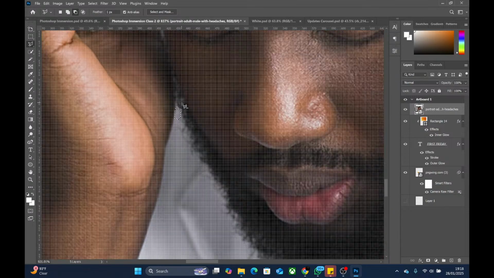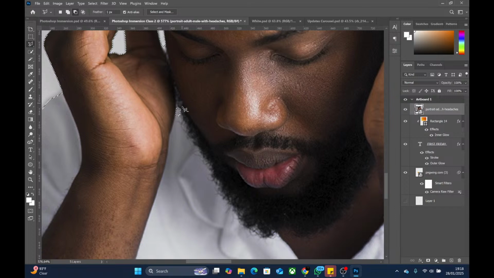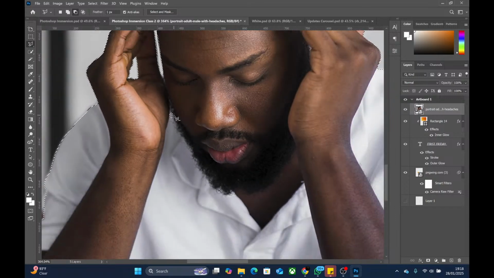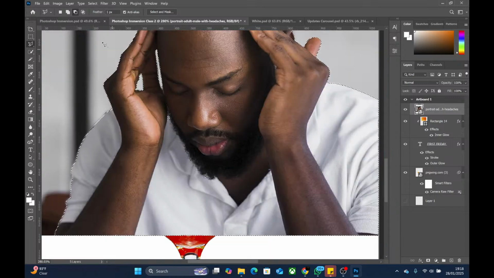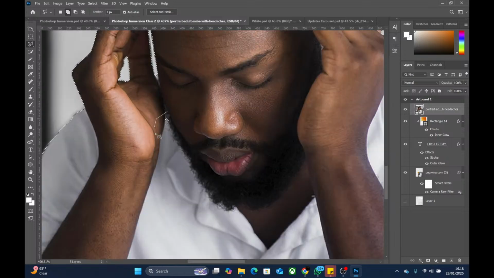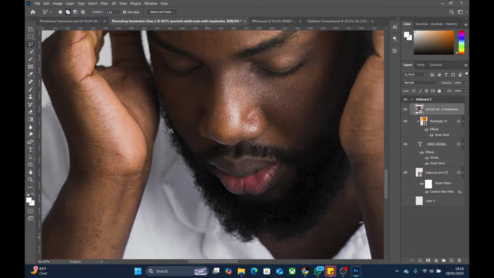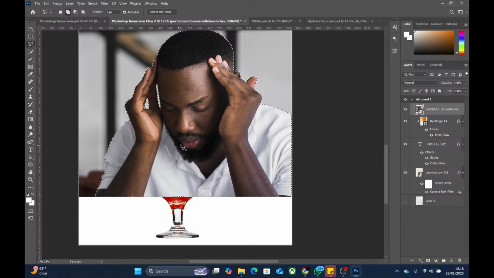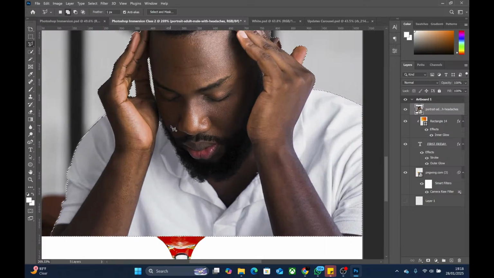But look at this part. Yes, this part has been selected, but it is the guy's clothes, and we don't want to delete these clothes. So what we do is we come back to add to selection, follow my mouse, we go to add, and then we select around it, 1 2 3 4. You draw around it, you'll be clicking as you are drawing around, and then you double click to end it, or you just click when it shows you that zero mark. And what happens, you see that that selection is gone. Now this is what could have happened. I will press Ctrl Z to have that state back.